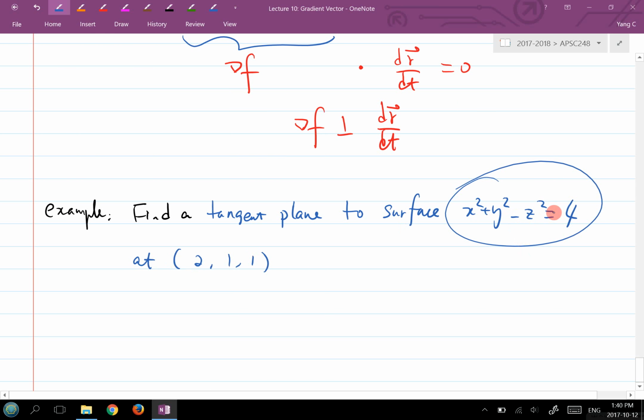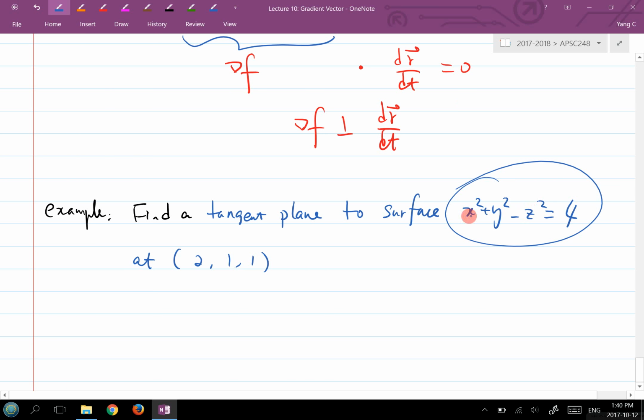And we want to find a tangent plane to that surface at the 2, 1, 1 location. And the next thing you have to verify is, is 2, 1, 1 on that surface or not? If it is not on the surface, there's probably something wrong with this question, right? As a matter of fact, one of the midterm questions several years back asked students to